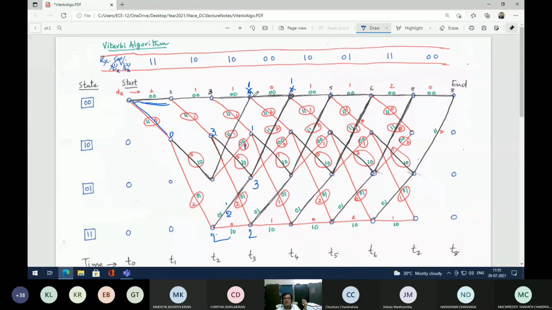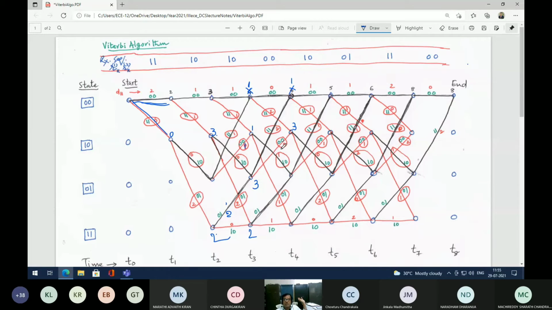And now coming to this point. Okay, this is having two paths. 1 plus 2, this is 3. Let us see whether, because there is another path, 3 plus 0, 3. So the minimum distance is 3, because both ways it is the same. Either this way or this way, it is the same. Okay, now coming to this part.